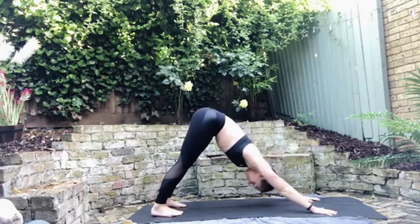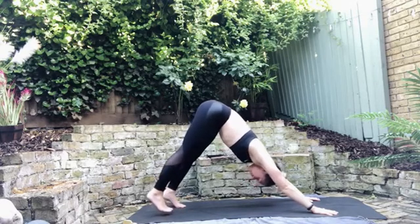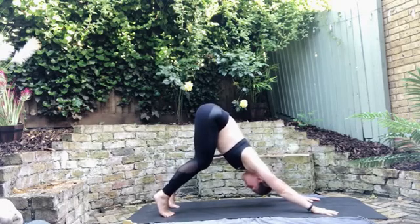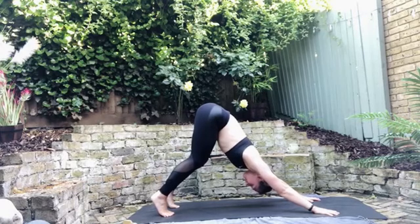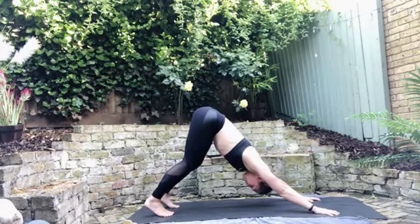Two more breaths. Breathing in. Exhale. If you're in your downward dog, remembering that your heels can be lifted, your knees can be bent. Thinking about this flat back, the space in the shoulders, gripping onto the mat. If you wish, you can begin to extend the heels down, but really it's not important. If you're in your child's pose, come back to meet us in our downward facing dog, breathing in,